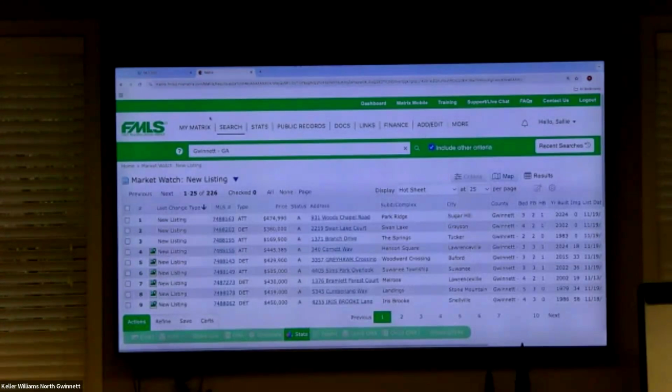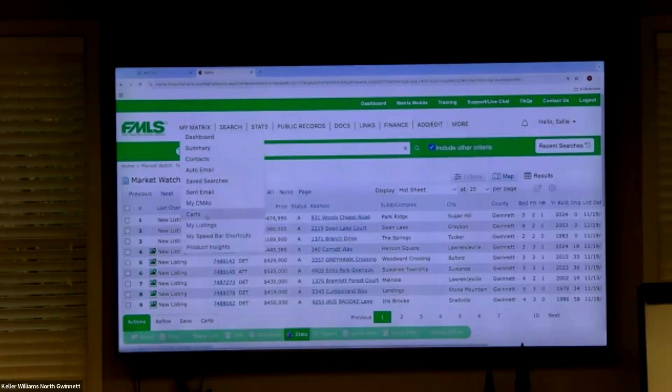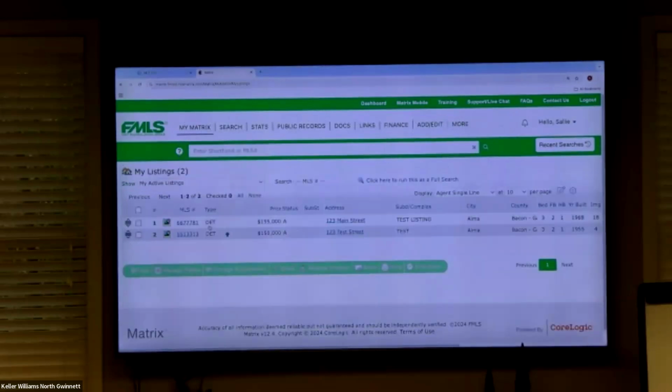And then what I'll do is I'm going to go to the add edit piece right over in here. Well, I'm going to go to my matrix, and then I'm going to go to my listings. This is the reverse prospecting area. So you can customize the Market Watch widget. And let's just say you get a call from a customer and they say to you, hey,